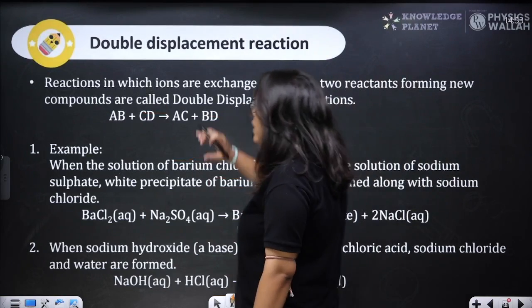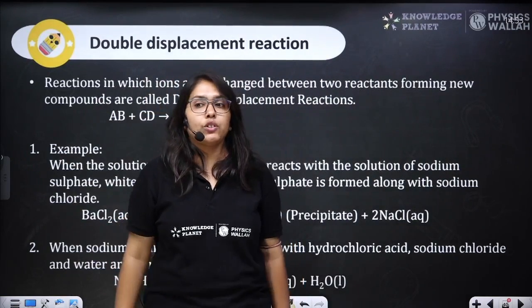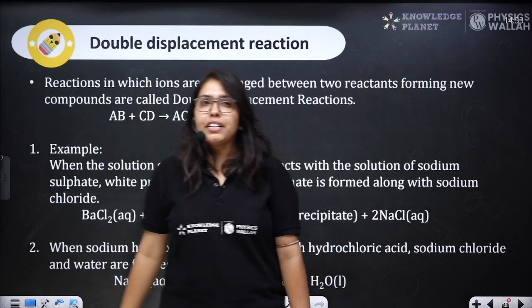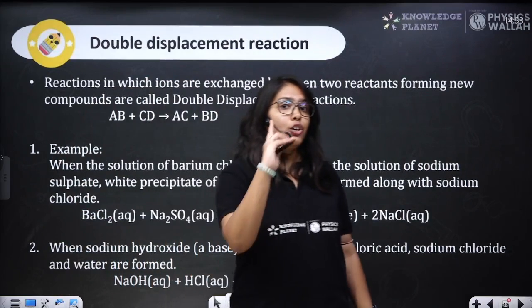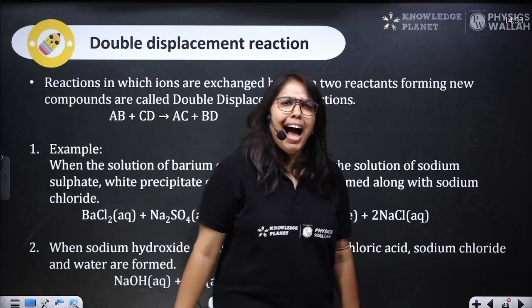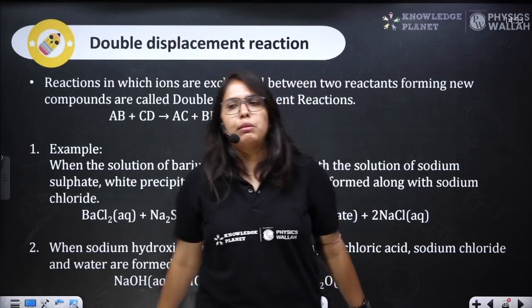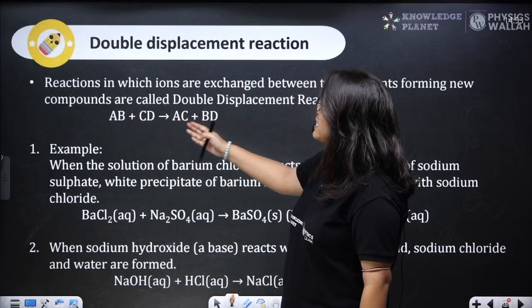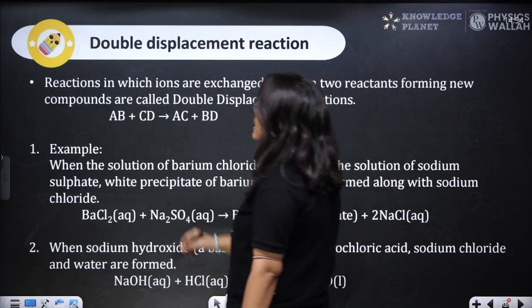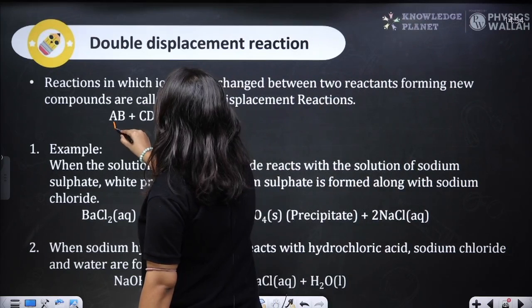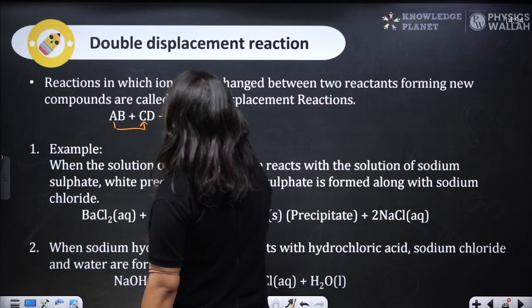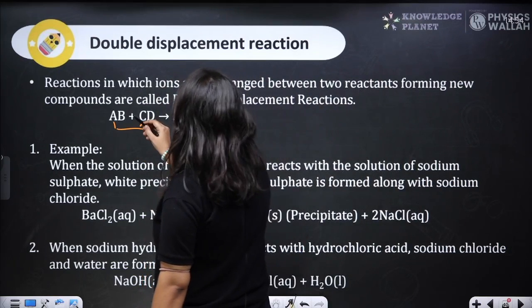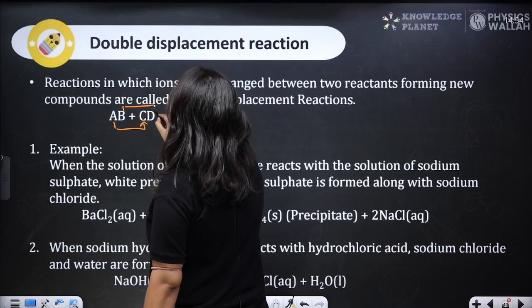Now talking about double displacement reaction, that is, the displacement is taking place twice, double. How? Two of the elements will be displaced. Now look at this. AB plus CD gives rise to AC plus BD. That is, this A is displacing D and is interacting with C, and this B is displacing C and is